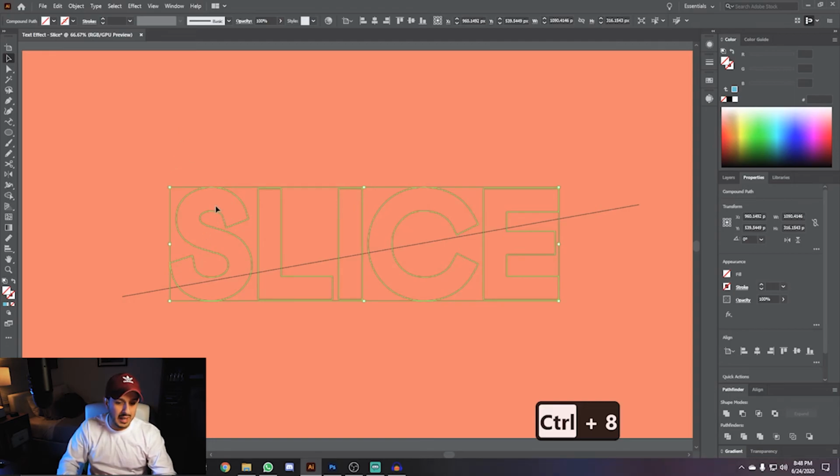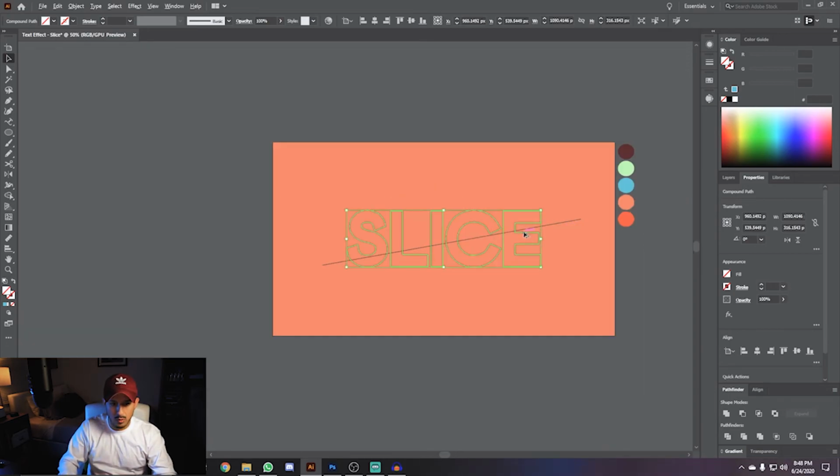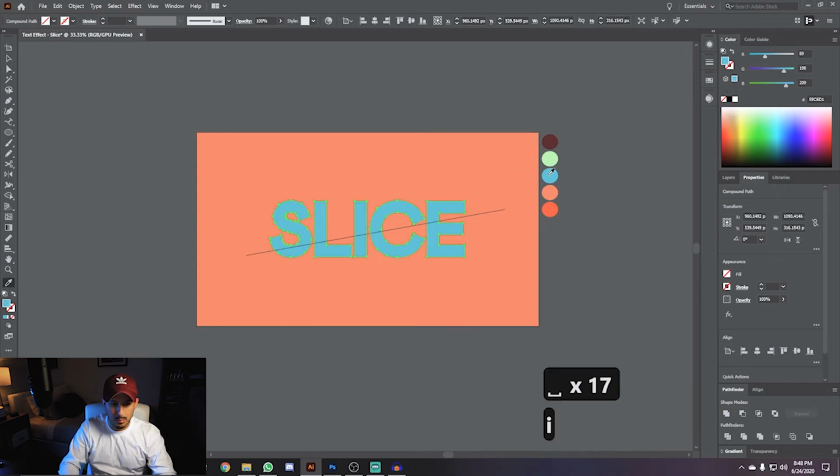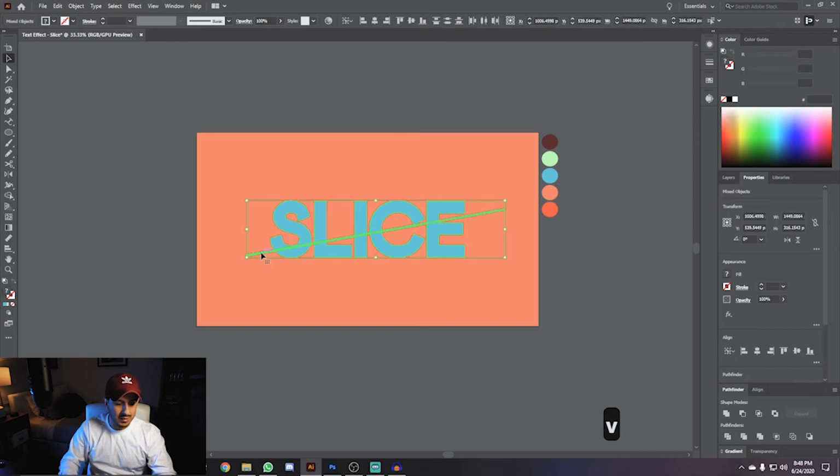And if that happens, which sometimes it does, I don't understand why, you can just color it back again with the eyedropper and put it back there. So now we have that. We can go ahead and select both of the shapes, and we can utilize this shape mode here from Pathfinder